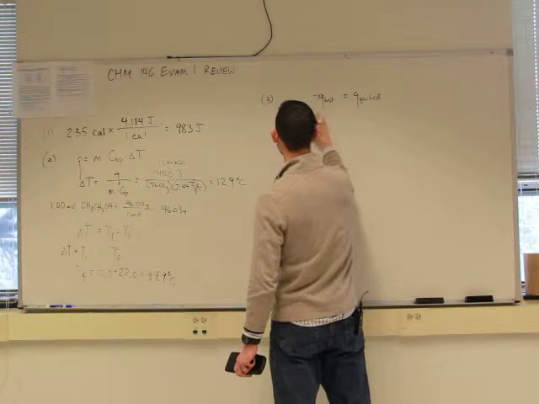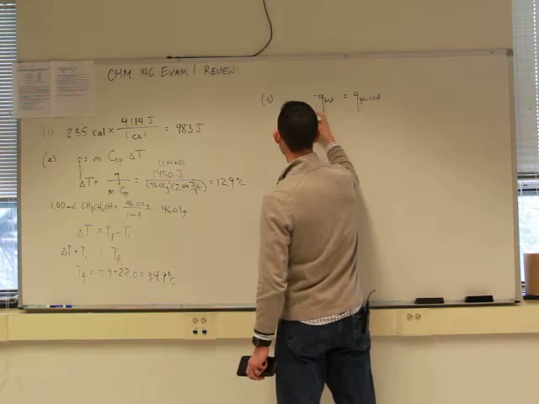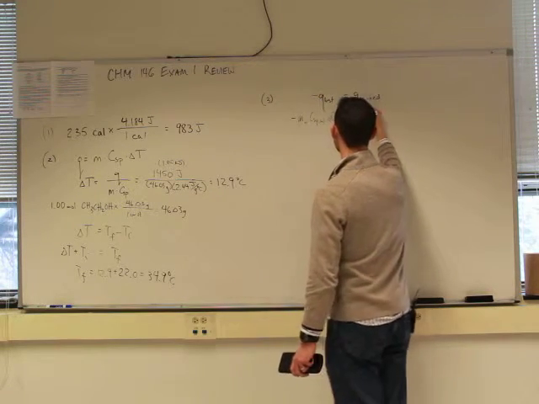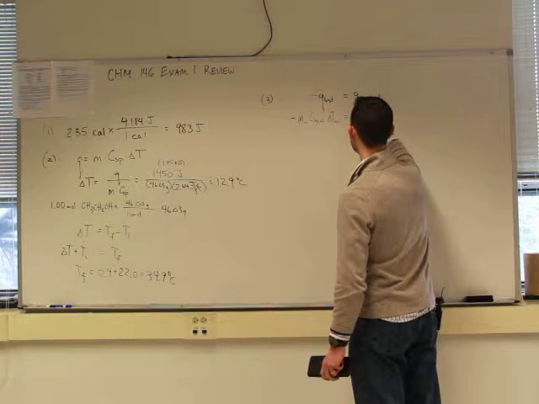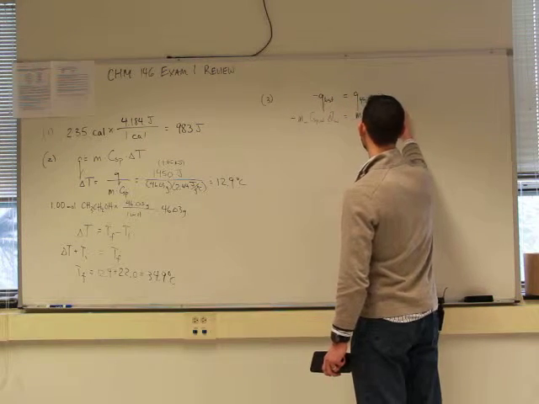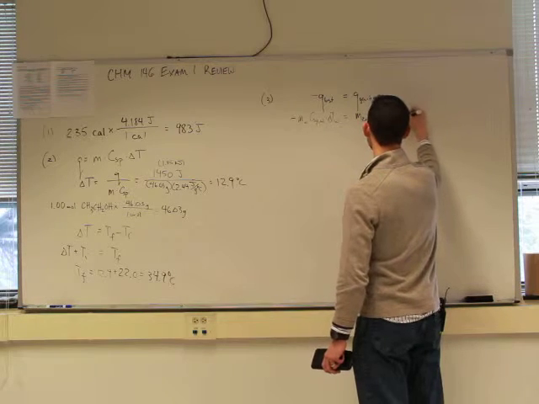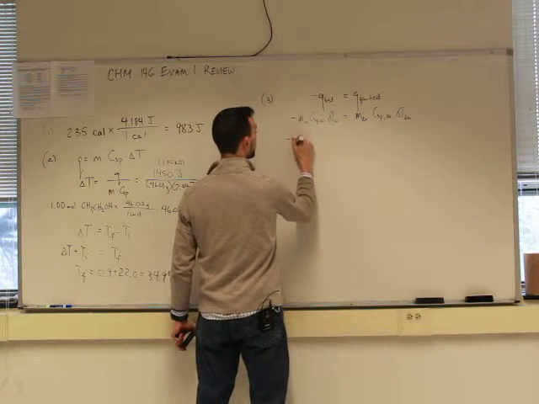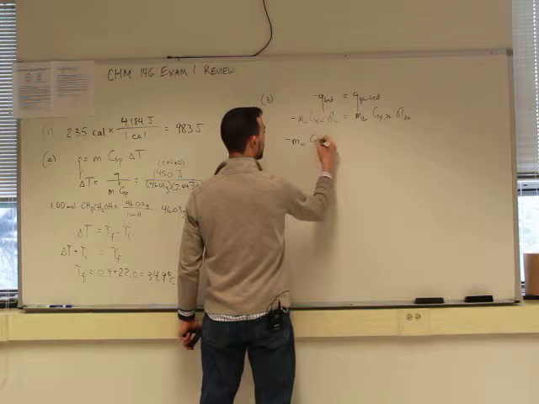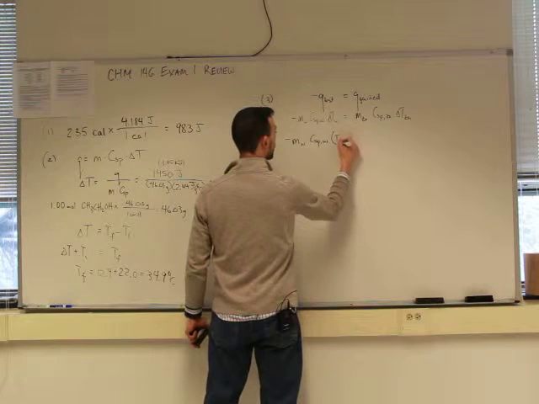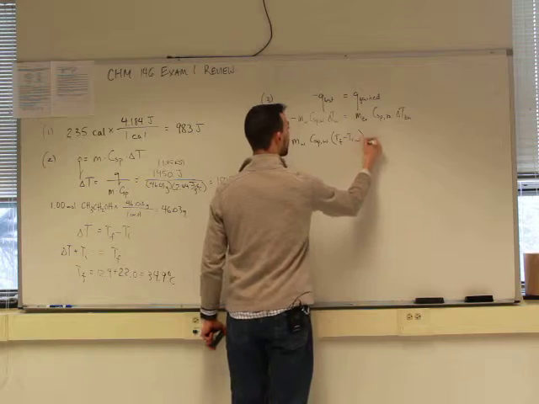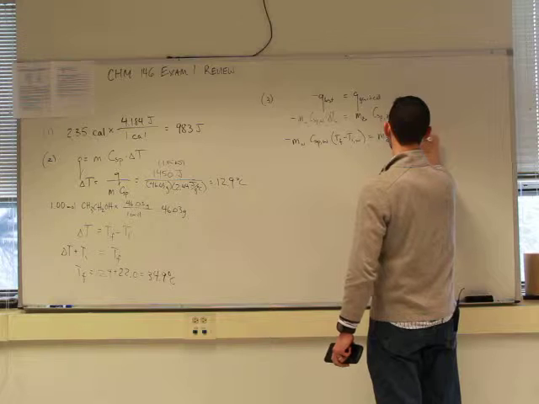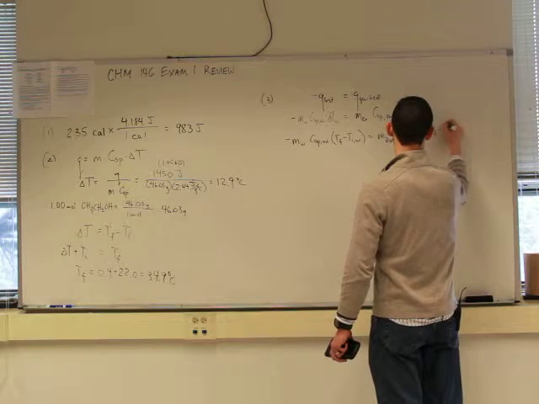So for the water, it would be negative mass of the water times the heat capacity of the water times the change in temperature of the water. And for the zinc, it would be mass of the zinc times heat capacity of the zinc times the change in temperature of the zinc. Now, we're after the final temperature, so we have to break this out a little bit further to T final minus T initial of the water. And on the zinc side, we can add in place of the change in temperature, T final minus T initial